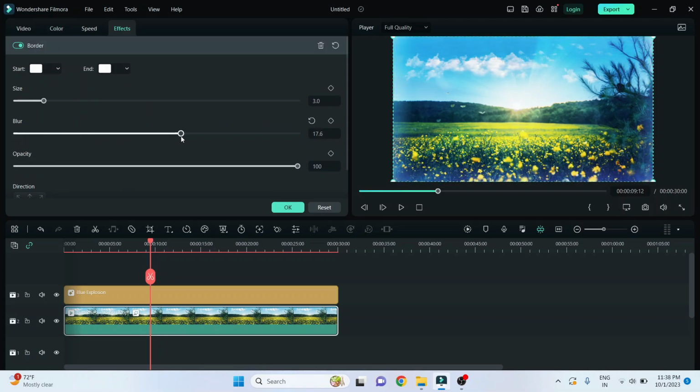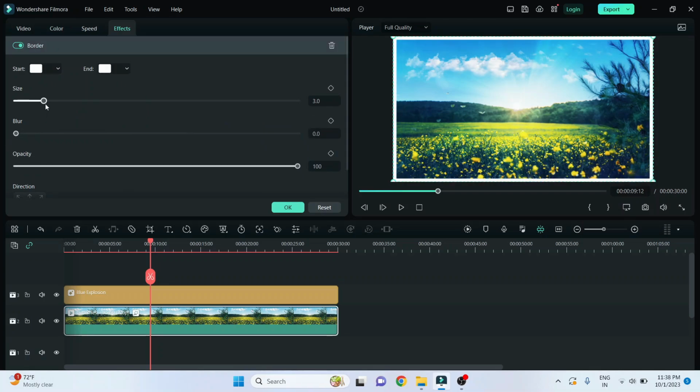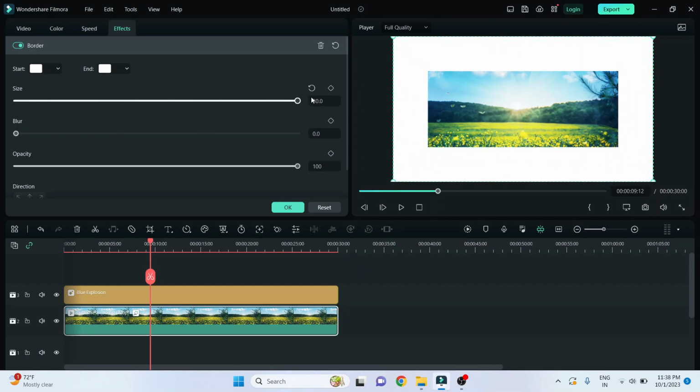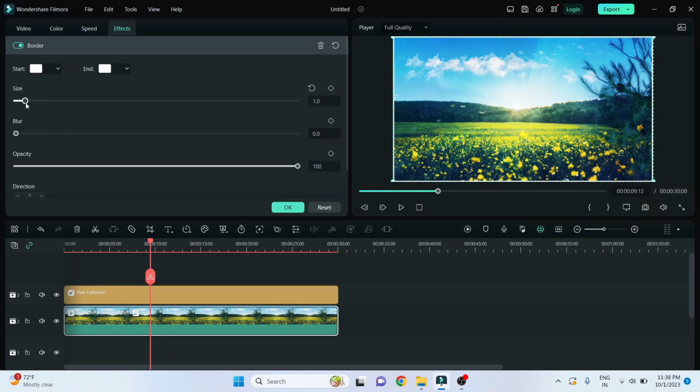So if you want to blur it, you can blur this, or if you want to increase the size of the border, then you can do it from here, or if you want to reduce it, you can reduce it from here. And from the start option, which border you want from the starting and which border you want from the end, you can do it from here.